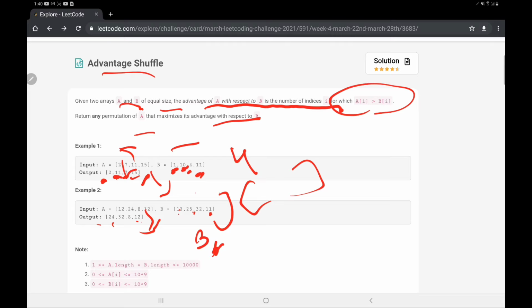So that's the trick of this question, and it's very important from a competition point of view as well. From a coding point of view, you can see this question in many companies, because of the approach used here, because you have to return the array, not the count. Usually we see count-type questions that return the length. Now we have to return the array, which makes this question somewhat more difficult.